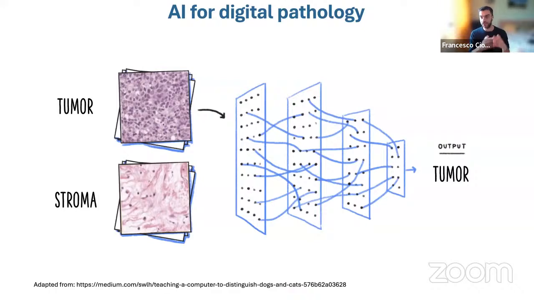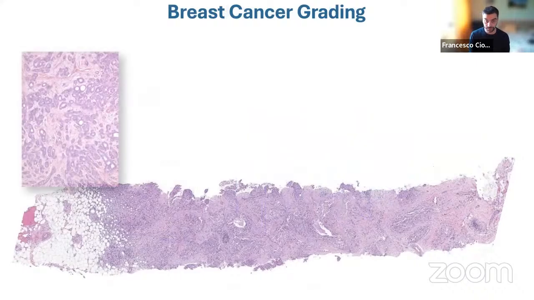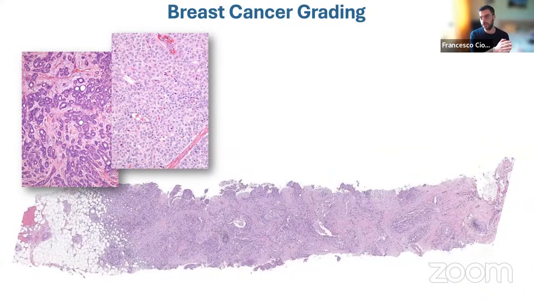So let's say that then you have these annotations, you want to train your model, right? And then you want to do tumor versus non-tumor, or you can add other tissue types, but it's the same formula. You can use convolutional neural networks, for example. What do you want to use it for? So what are the applications? What are the problems? Well, it turns out, let's say, that there is breast cancer, right? This is our biopsy that we saw in the beginning. Then the next question is what type of breast cancer it is and how to treat this patient. Because it turns out that not all cancers are the same.